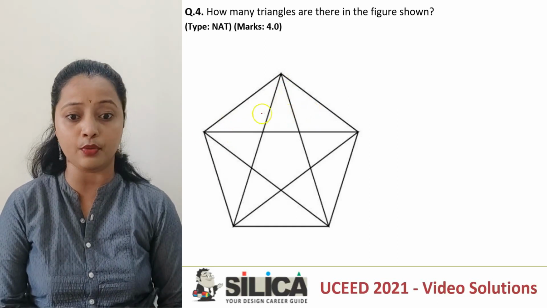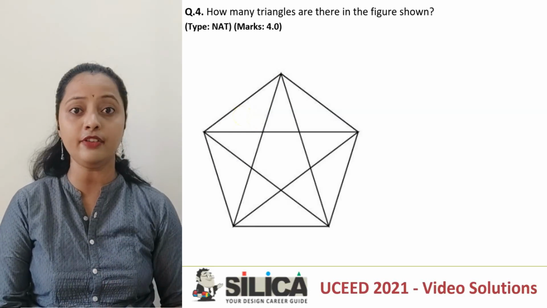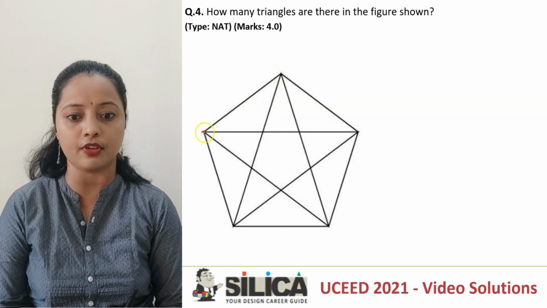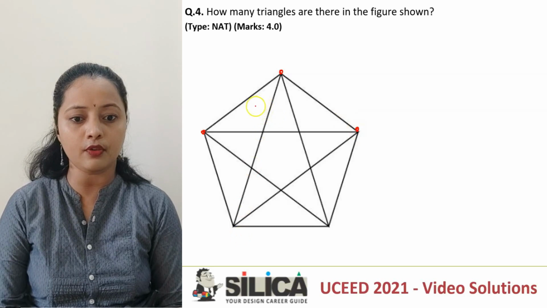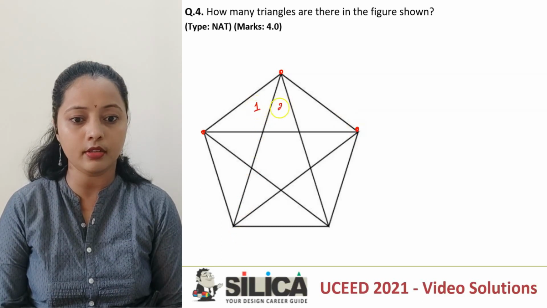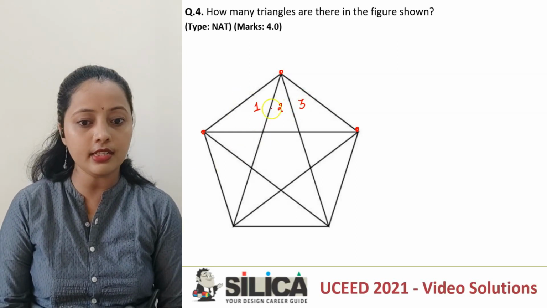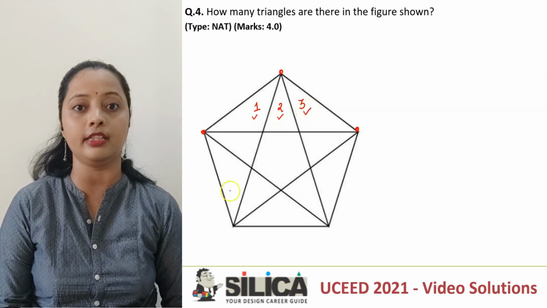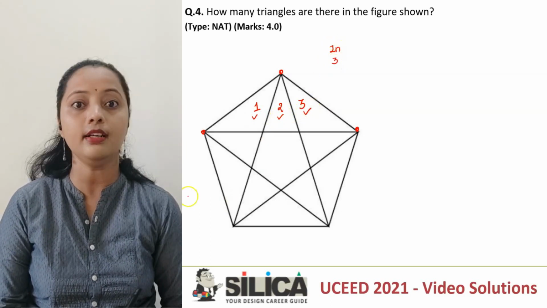Now see, how do we do it? We'll do it with one figure, and since the figure is symmetrical, I can then extend it forward. So carefully observe. Now if I consider this section of the figure, the one which I have highlighted, and number the parts as 1, 2 and 3, how will I have triangles over here? These individual ones, triangle number 1, triangle number 2 and triangle number 3, are individual triangles, right? So individually I can see there are 3 triangles.